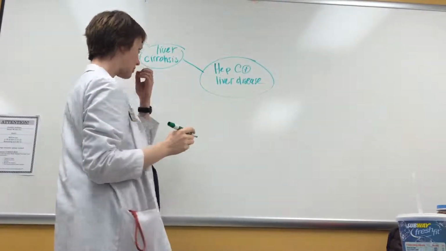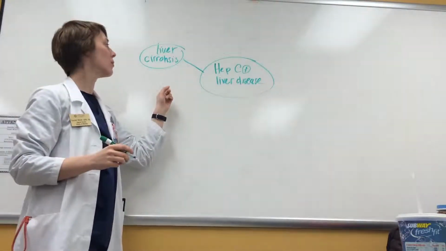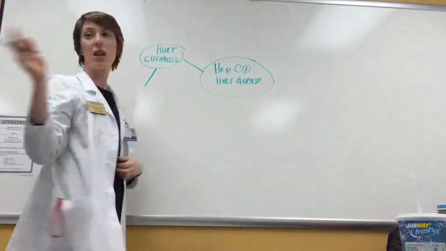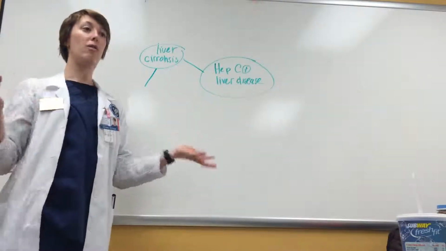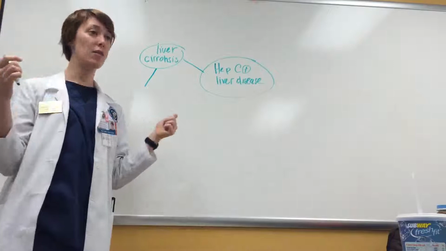Okay? Because of that liver cirrhosis, there's a lot of things that happen. The first one is the liver's not doing what it's supposed to be doing, and there's a few important things that the liver is supposed to be doing. One of the things the liver does is it filters out ammonia. When you have really high levels of ammonia,